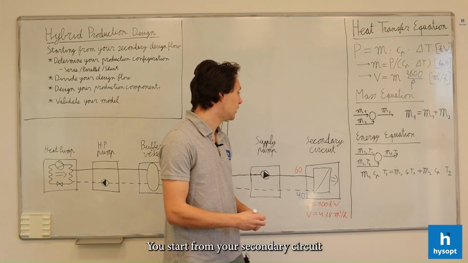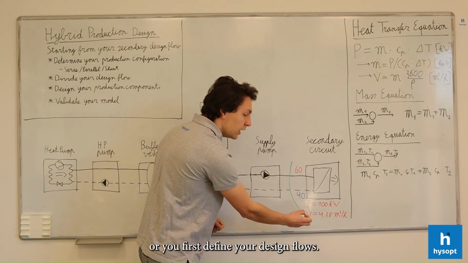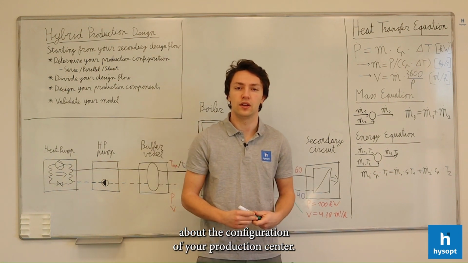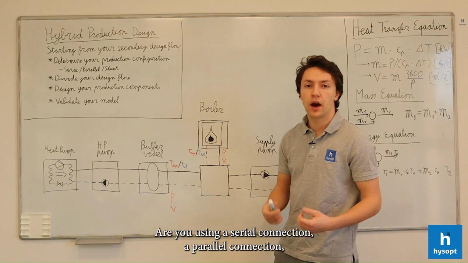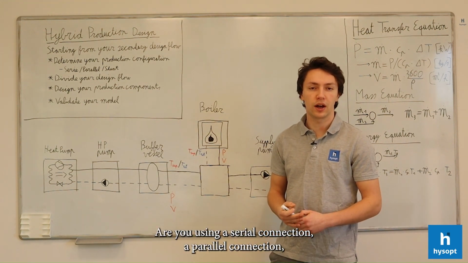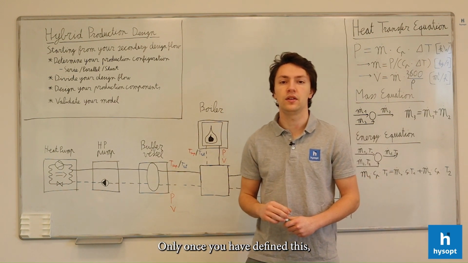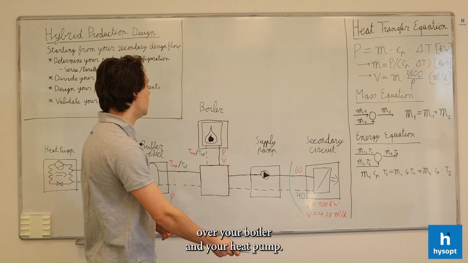But how are you going to design your energy center? You start from your secondary circuit, where you first define your design flows. Next, you have to make a decision about the configuration of your production center. How are you going to connect your heat pump and your boiler? Are you using a serial connection, a parallel connection, or a shunt connection? Only once you have defined this, you can start dividing your design flows of your secondary circuit over your boiler